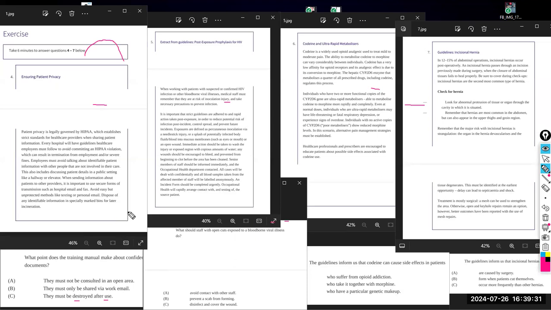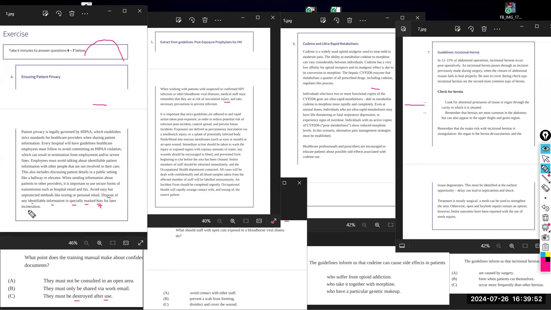Yes, in the end, they said dispose of any identifiable information in especially marked bins, recycle bins,